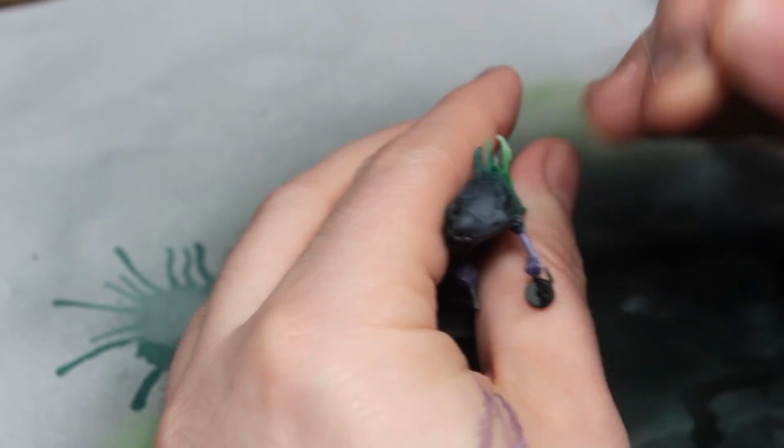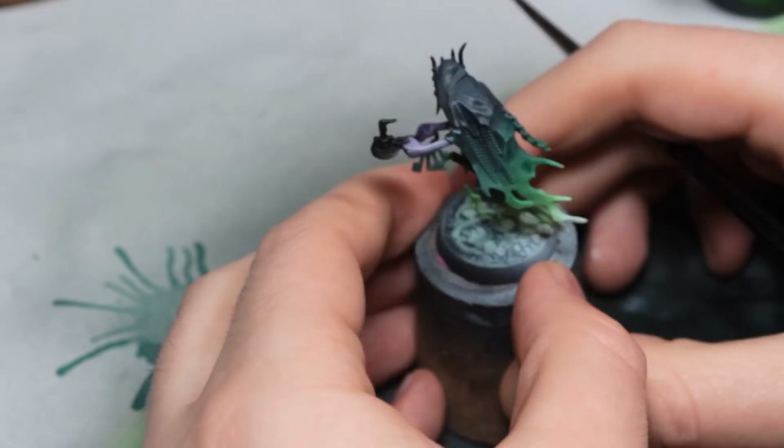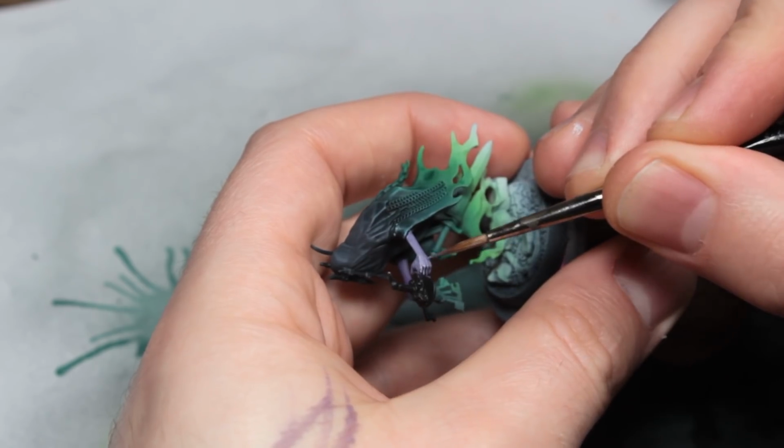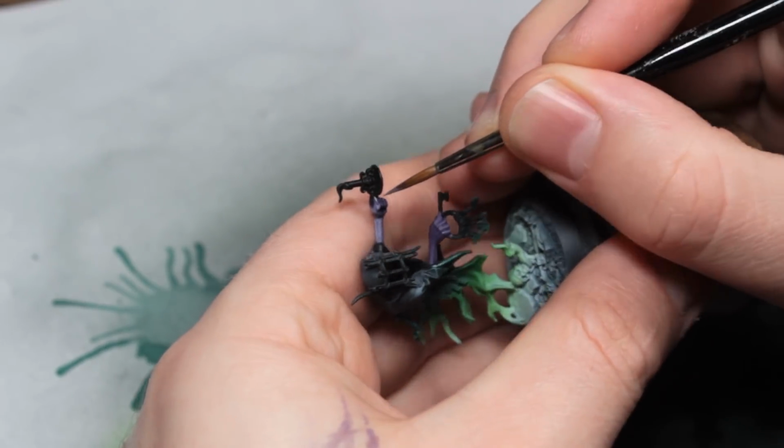It's thicker than Games Workshop base paints. It is the thickest white I have. It's also really smooth, highly pigmented. It works really well for loaded brush. So you can see here I'm just going around the entire arm, just using loaded brush, set out my base